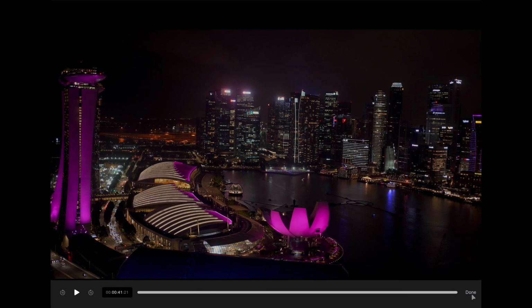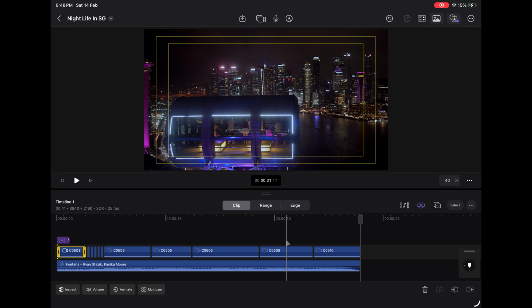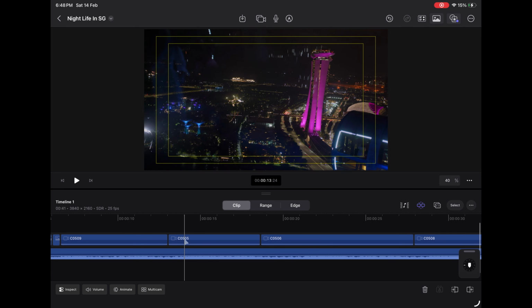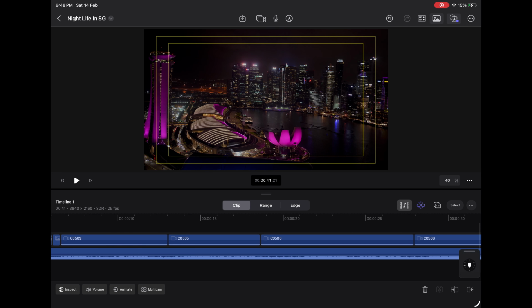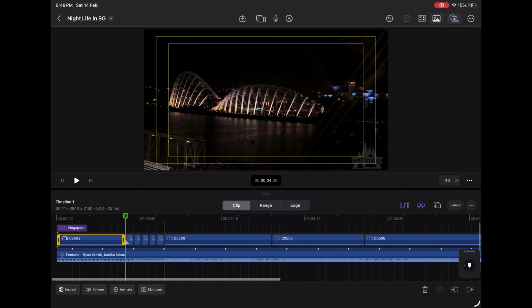And yes, I edited this video using Final Cut Pro for iPad. And I'm going to show you how the beat detection settings have improved my workflow and what's wrong with it. The beat detection can be enabled by right clicking on any of your music tracks and then just clicking on